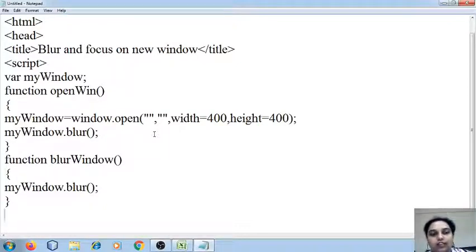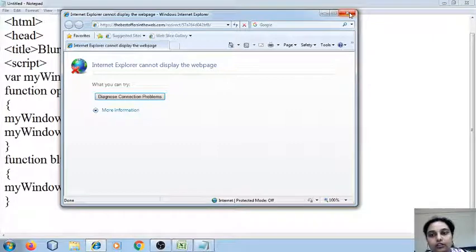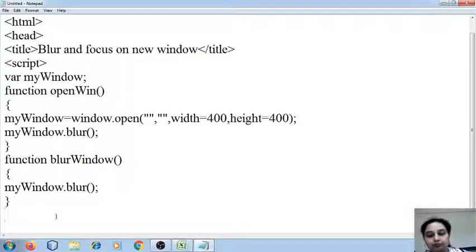You can observe that I have used the blur method twice. One when opening the window and then in blurWindow. I'm going to create 3 clickable buttons. When I click on the blur window button, the window should be blurred. That is why I have written function blurWindow, myWindow.blur. It is going to blur the particular window.